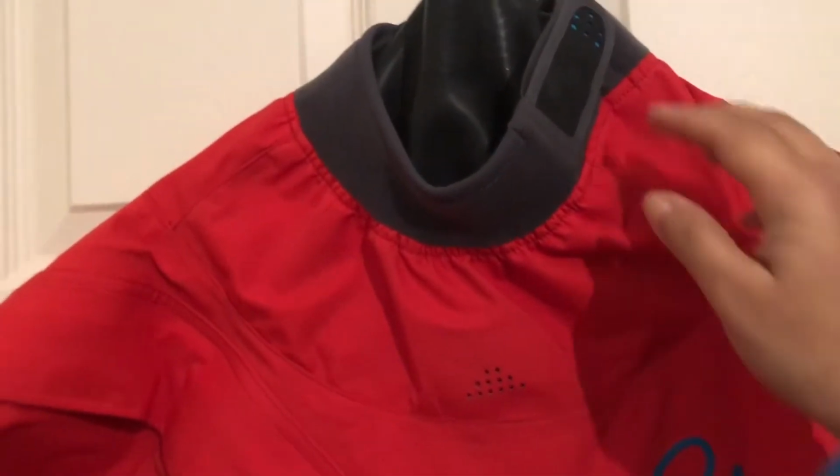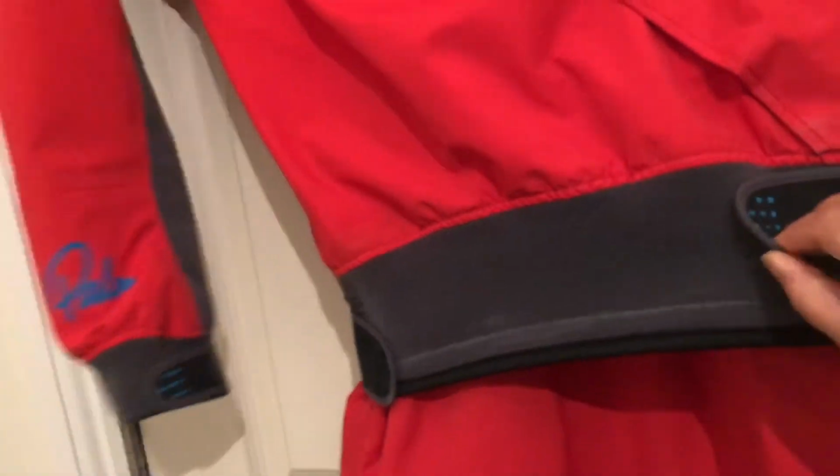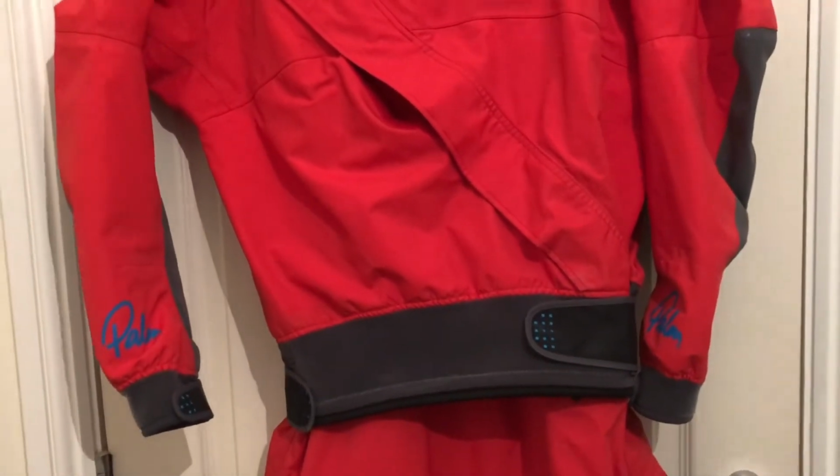But the good news is the front entry makes things a little bit easier. With other drysuits you have back zips and you have to get somebody to help you to zip you up, whereas here you're a bit more independent. But again, as I mentioned, the seals are very tight, so you really need to be mindful of your hair when putting it on. So you'll see the drysuit's actually got quite a lot of adjustment available on the neck, the wrists and the twin waist, which really helps in the fitting of the drysuit,